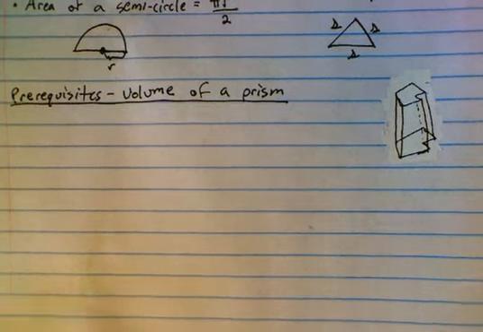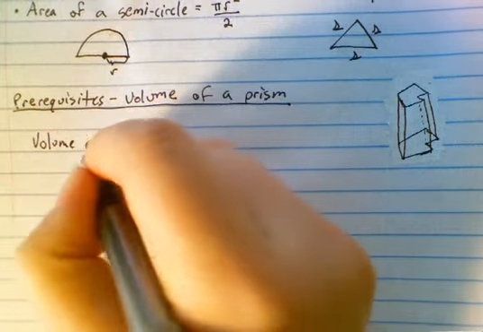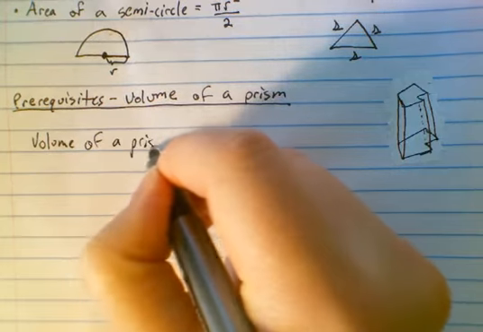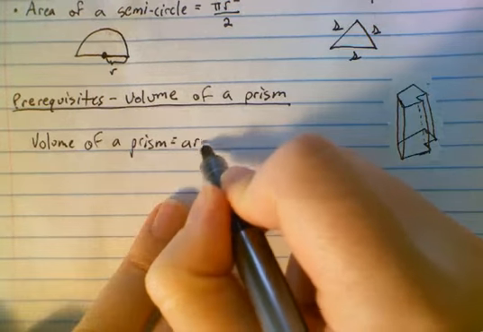And what we've got is that the volume of this prism is going to be the area of the base